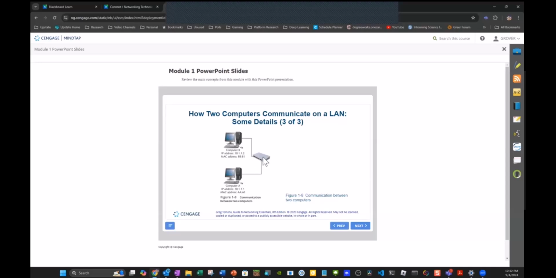Actually, these two are connected to the same hub, so it's not going to send it through the internet. It's just going to send it through this device, these two devices connected directly together. So this computer will receive the ping, say hello, and then send a message back to this one saying, I got your message,